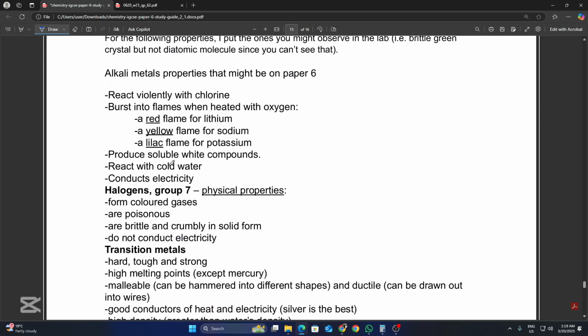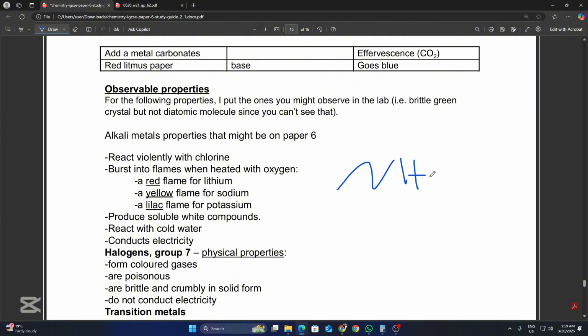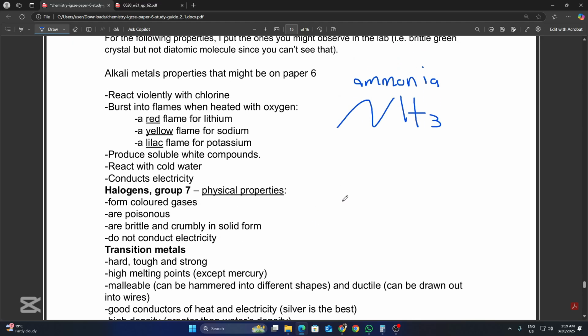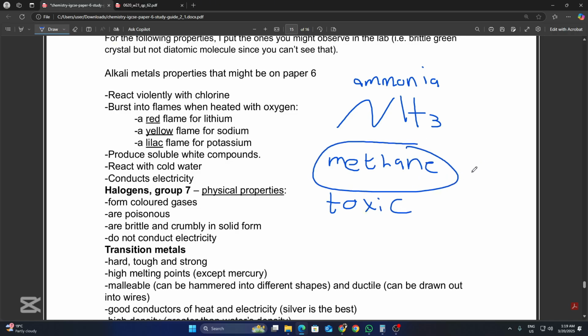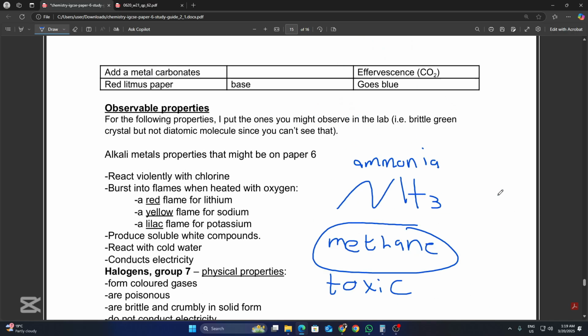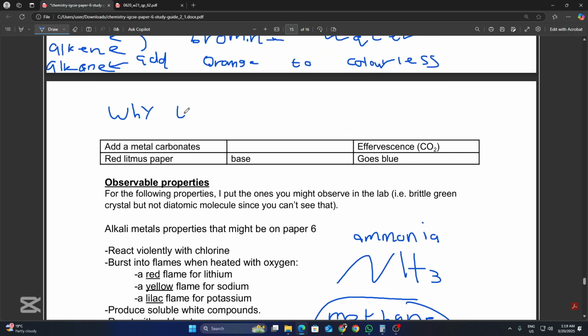Now, also very important, you have to know NH3, ammonia, and methane. Ammonia is toxic, and methane is flammable. So if it asks you why the experiment is taken in a fume cupboard, why the experiment is taken place in a fume cupboard,